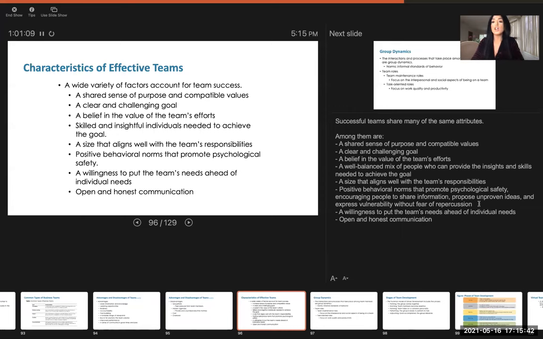Among them are a shared sense of purpose and compatible values, a clear and challenging goal, a belief in the value of the team's effort, a well-balanced mix of people who can provide the insights and skills needed to achieve the goal, a size that aligns well with the team's responsibilities, and positive behavioral norms that promote psychological safety, encouraging people to share information, propose unproven ideas, and express vulnerability without fear of repercussion. And we have a willingness to put the team's needs ahead of individual needs as well, and